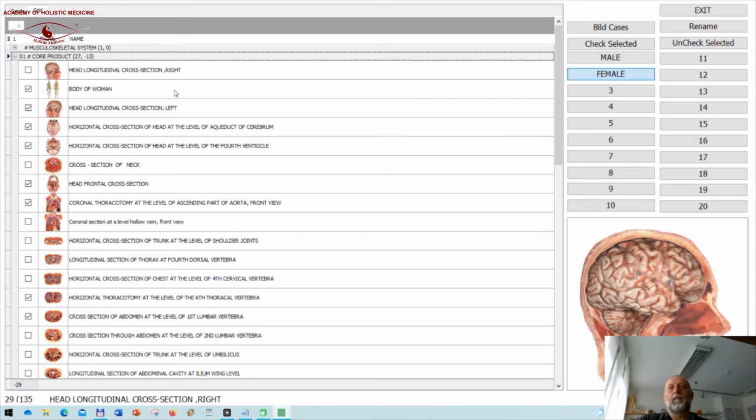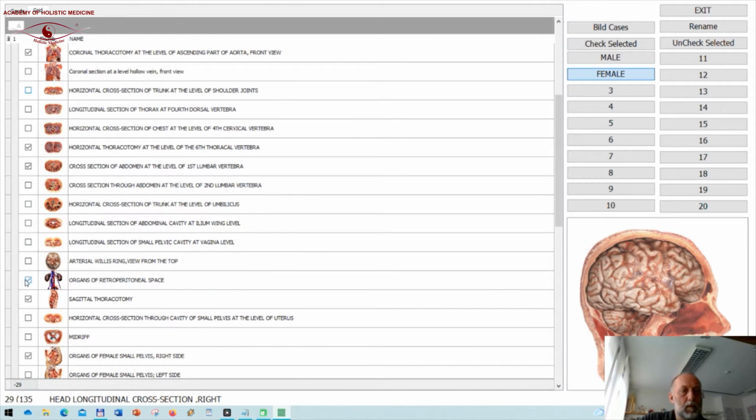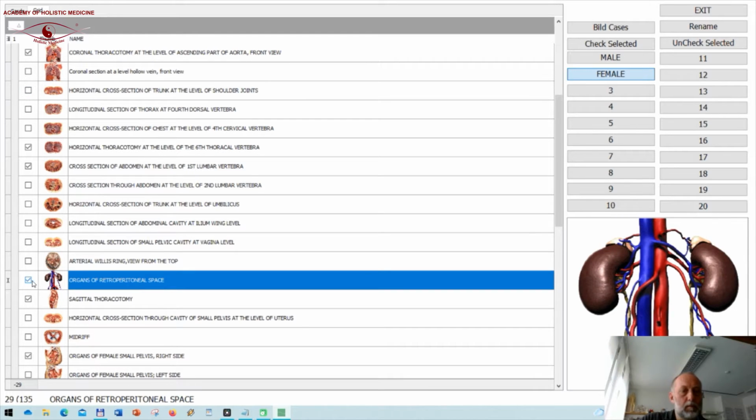So I see, okay, for my female patient I want to see body of woman, the head, longitudinal cross section left, aqueduct, this one frontal, this one okay, horizontal here. All I want to see, check the box, okay, Zyganow,